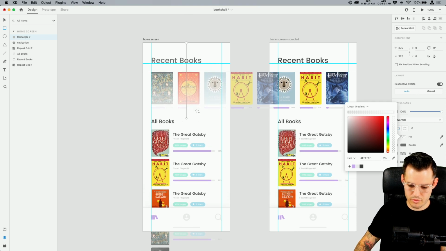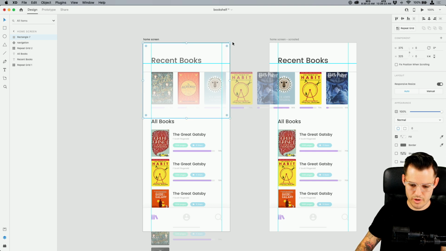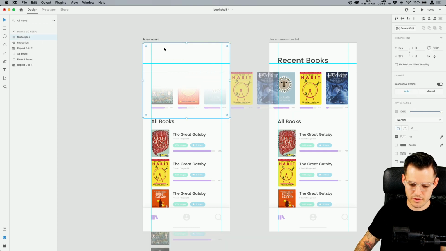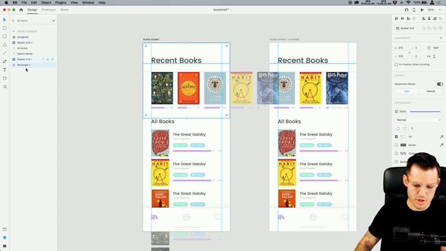Actually, we got to go the other way. So why don't we just grab this whole thing and spin it around. Okay, let's manipulate that gradient again. We want it to fill pretty hardcore, right up to there maybe. Okay, you're asking me, what am I doing? I'm just gonna move this behind and make sure that